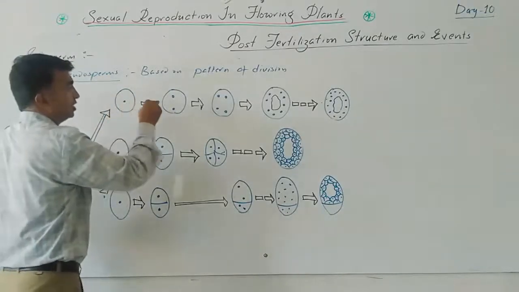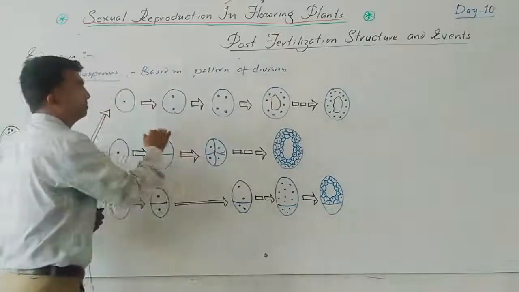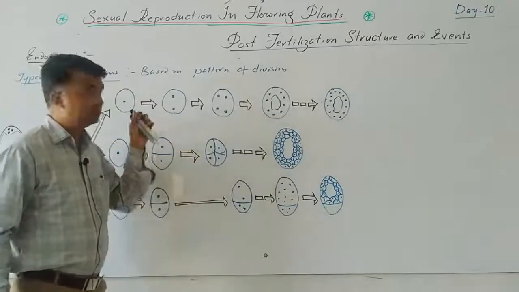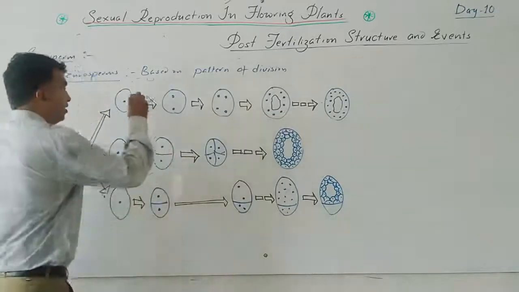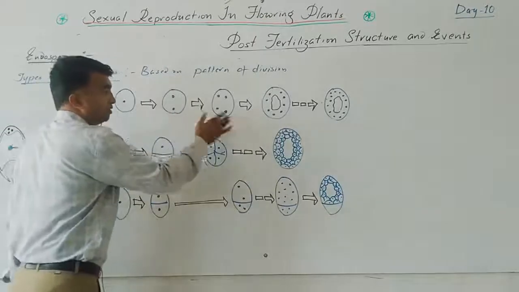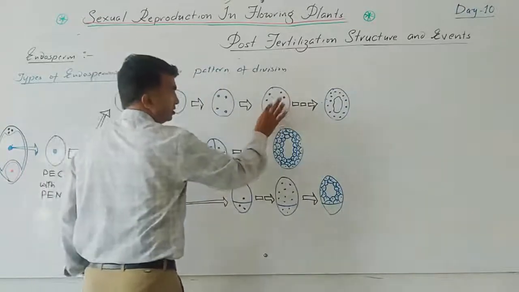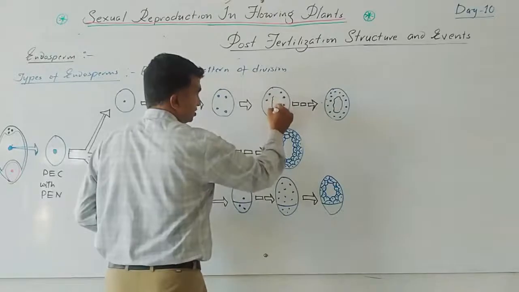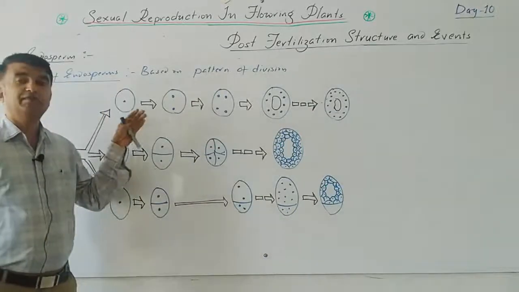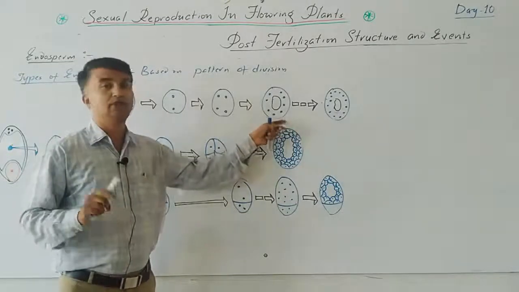This nucleus undergoes repeated mitotic division. But after every division, cell wall formation does not take place. This division is a free nuclear division. The primary endosperm nucleus undergoes first mitotic, second, third division, and so on. They produce only nuclei in a single cell. Initially a central vacuole is present, and gradually the vacuole size decreases. Clear? So if the primary endosperm nucleus undergoes repeated free nuclear division, mitotic division without cell wall,